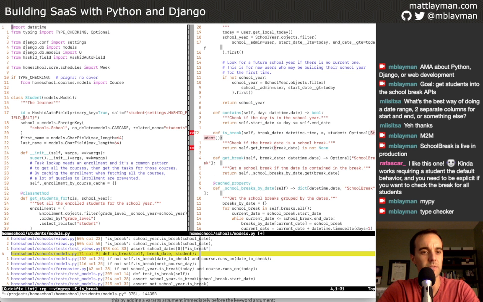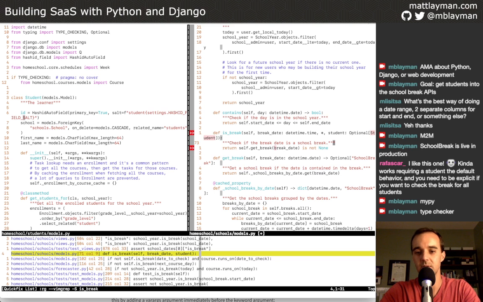So the student model is defined in the student's app. And this is going to be a problem if this models file or any of the ones that it imports also imports schools, because it'll create a cycle. That's some of the challenge with type checks, and very frankly, boundary crossing between packages, is that sometimes you have to import these things in order to get the benefit, and then it can cause some import cycles. The way around that is with this gnarly if TYPE_CHECKING thing that makes it so runtime doesn't do this.